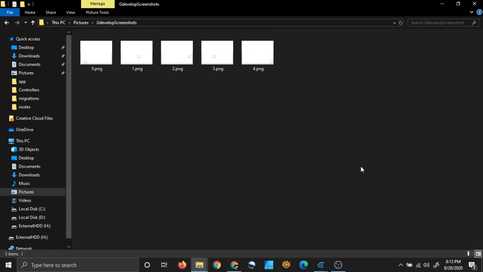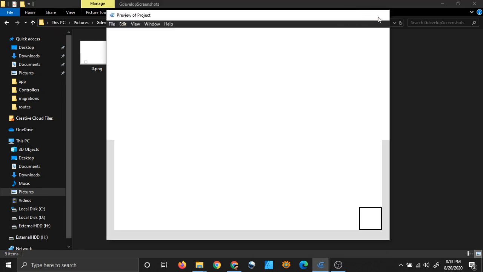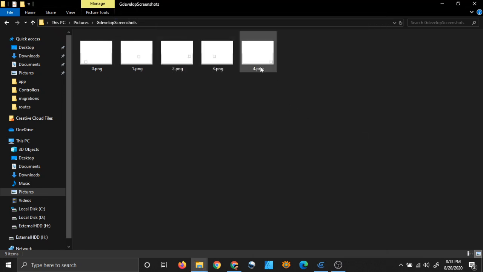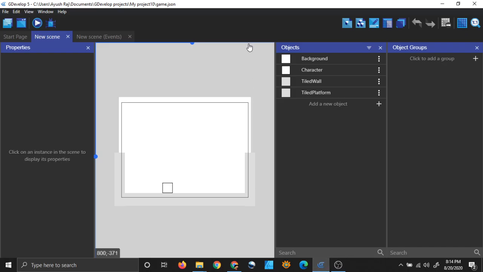No matter how many times you do it, it will simply keep filling your folder with more and more screenshots. You can close it and continue, and it will start from 5. So far we have come till 4. Next time when you take a screenshot, it will write the name 5 and then 6 and then 7 and then 8. So how do we do such a thing?